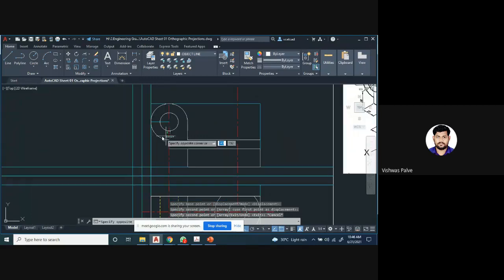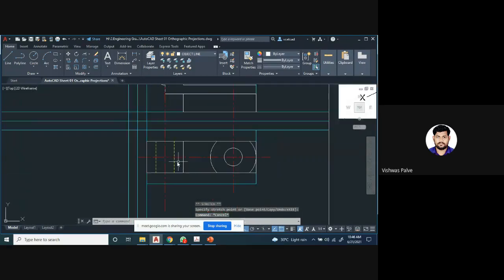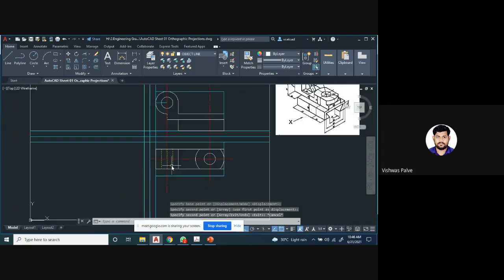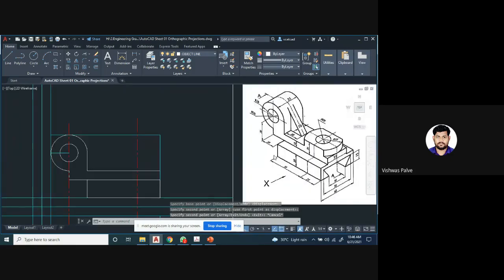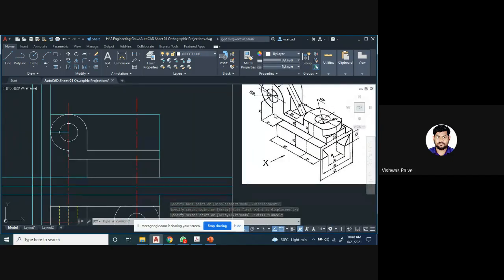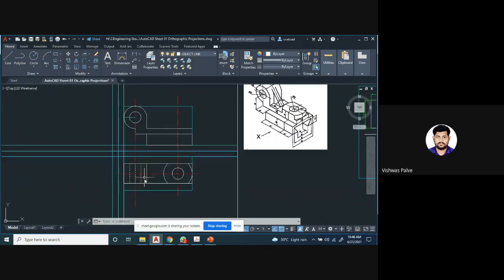Okay, so this center line I have been drawn as a reference. Now I will say copy this line, CO enter with this as a reference point, and I'll copy it here. So you will get a hidden line because there is a change in the surface. You will get an edge here. So that's why we are going to show it as an edge. Then the bounding rectangle which we have to show, so that we can show easily.